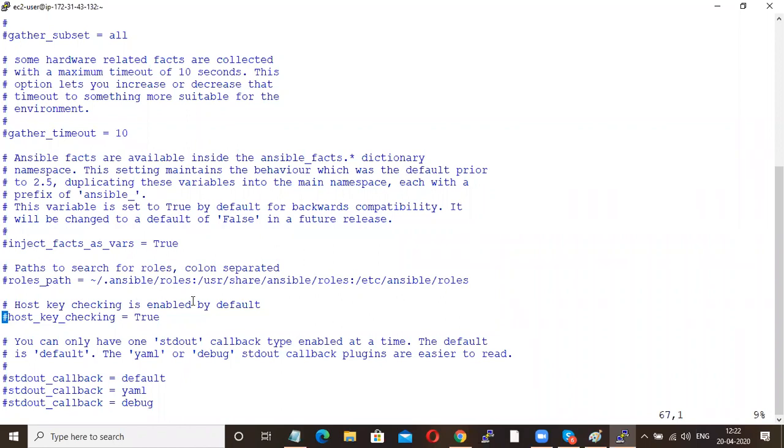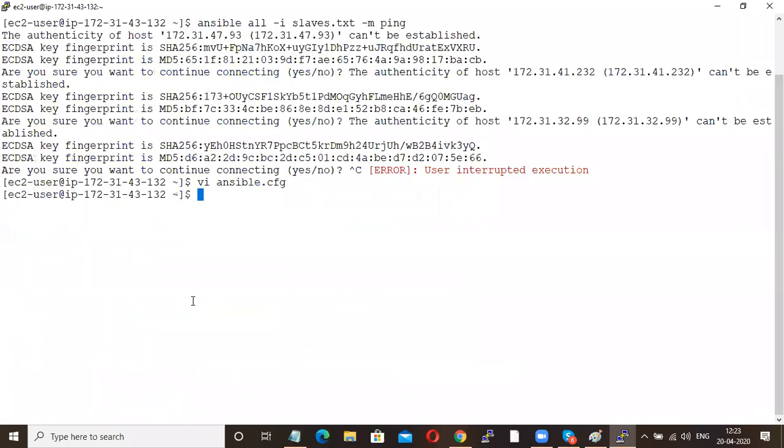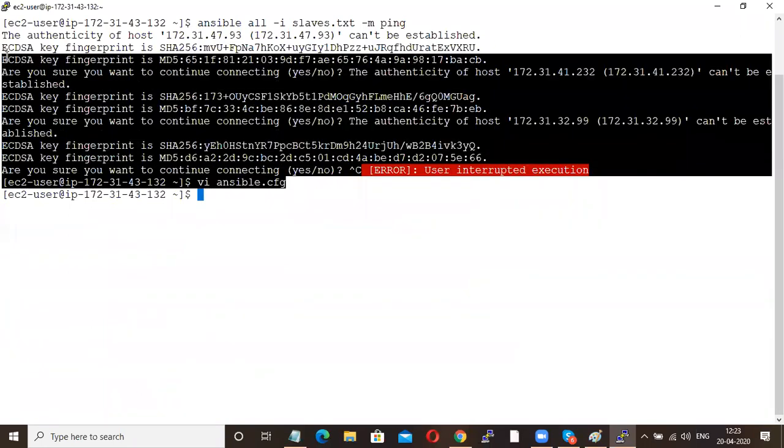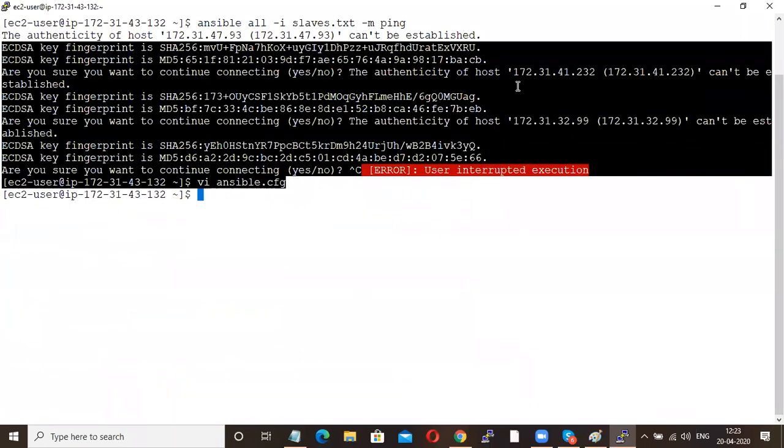So I'm removing this comment symbol, then changing true to false, and saving this file. Why am I doing this? To avoid this SSH checking.